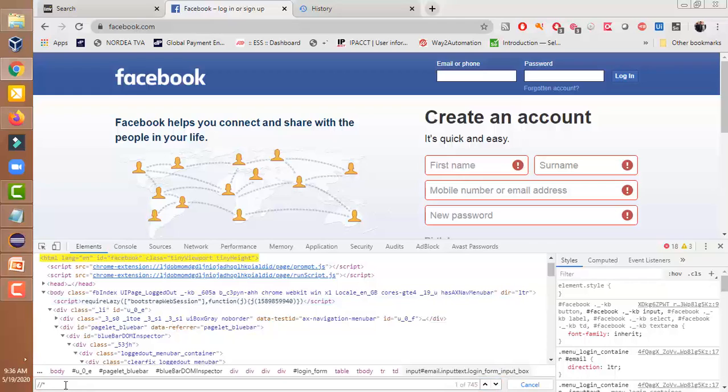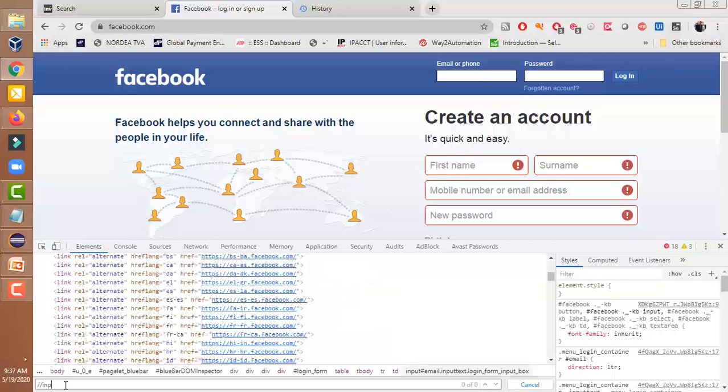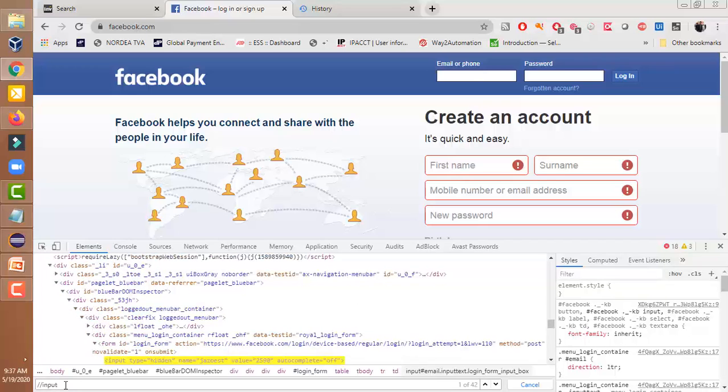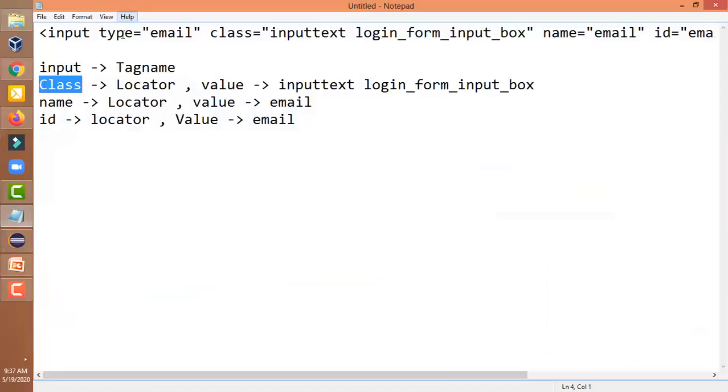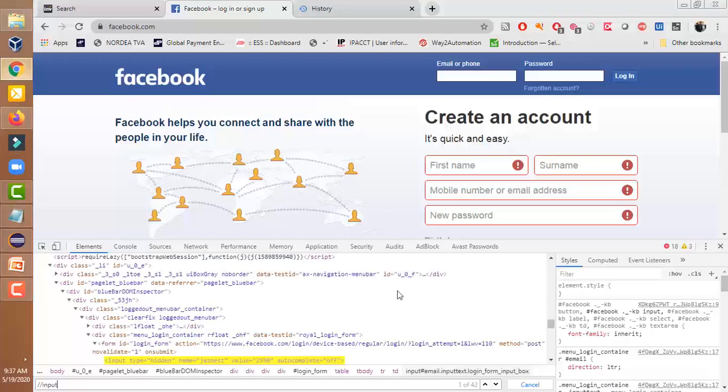After this, just remove this, and when we write input, it will give all the input elements on the web page. So our tag name is input. There are a total of 42 elements.